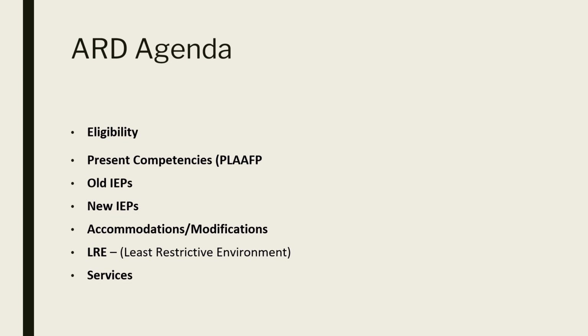You will also look at the previous IEPs. Progress is reported here. This is where a review of the updated IEPs takes place. If this is an initial placement, you will skip this step. You will then consider the new IEP or goals. Drafts of proposed IEPs are presented for review, discussion, and amendment, and then acceptance. You cannot discuss placement and services without first accepting the IEPs or the goals.